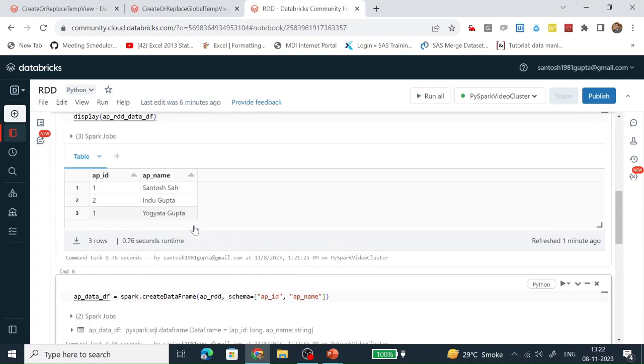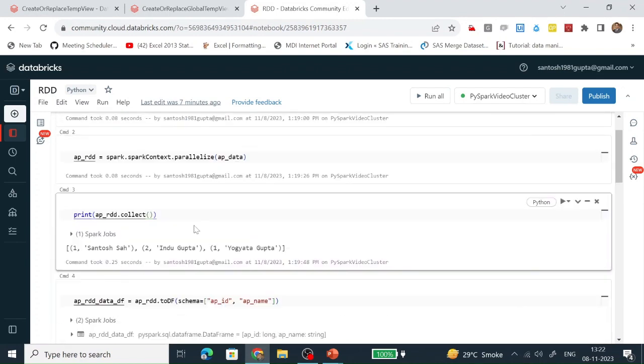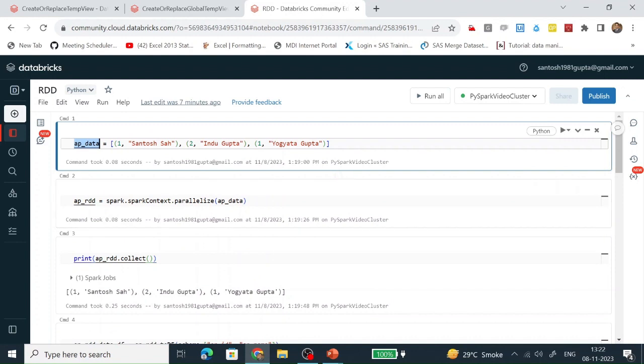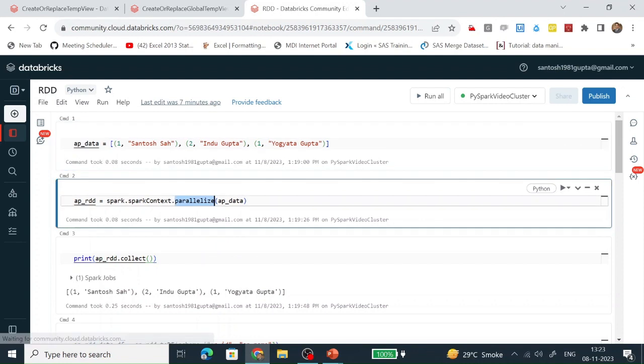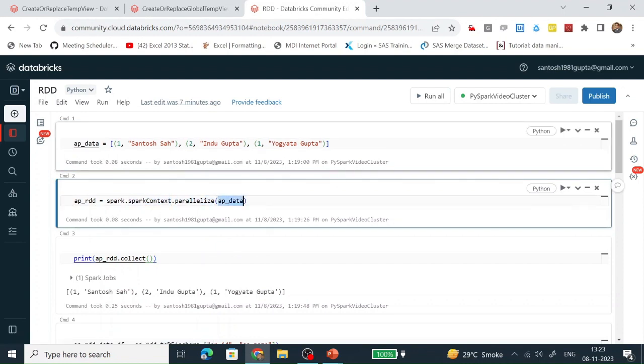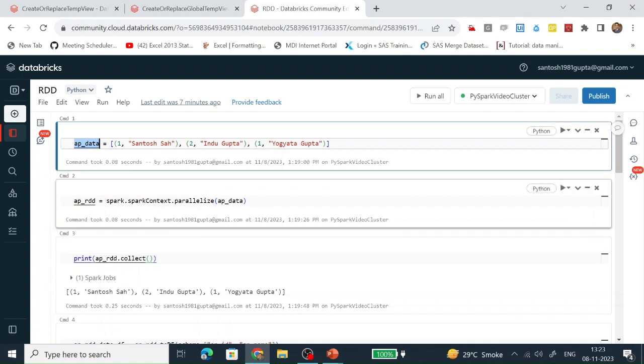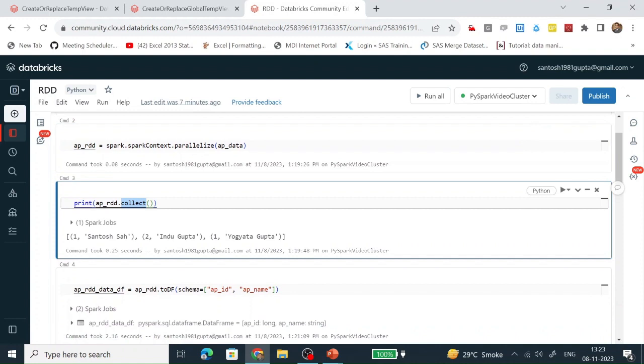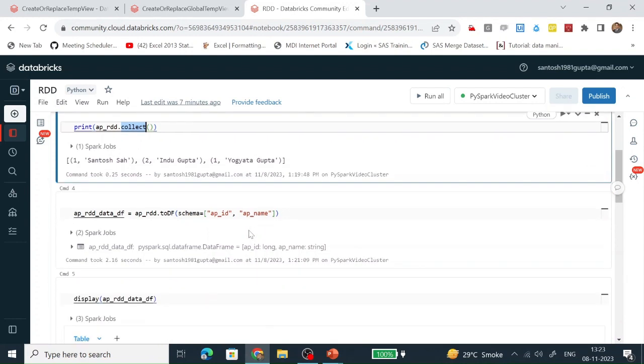So what I have done here: first I created a list variable. Here I am just storing 3 objects, and with the help of the parallelize function on Spark context, by passing this list variable which has the data, I am creating an RDD object. With the help of the collect function, if you see the content of the RDD, it will show how many records are present in this RDD.